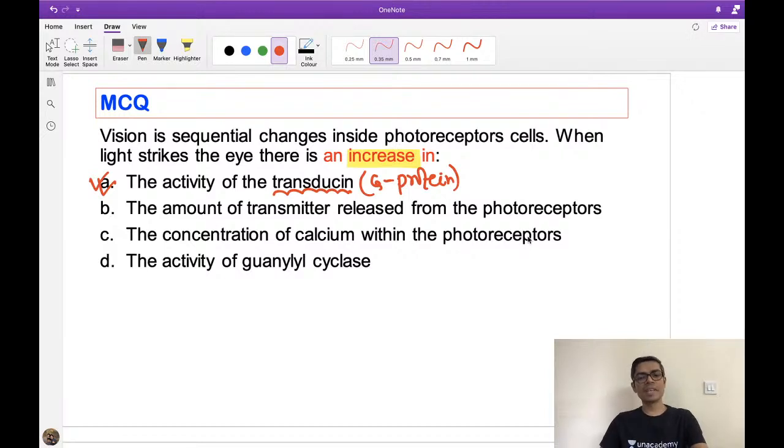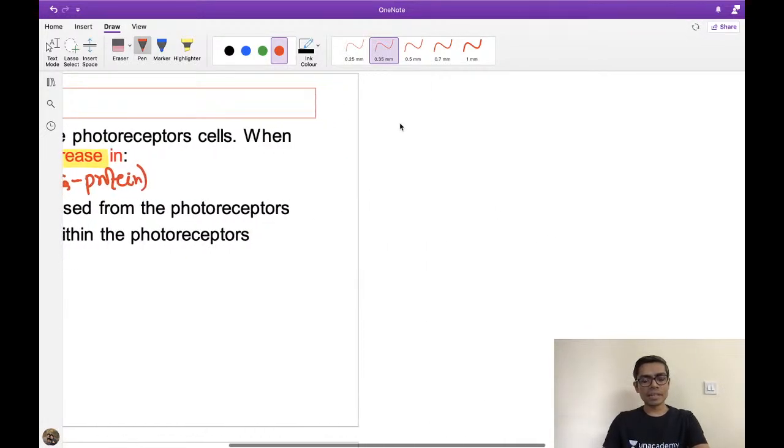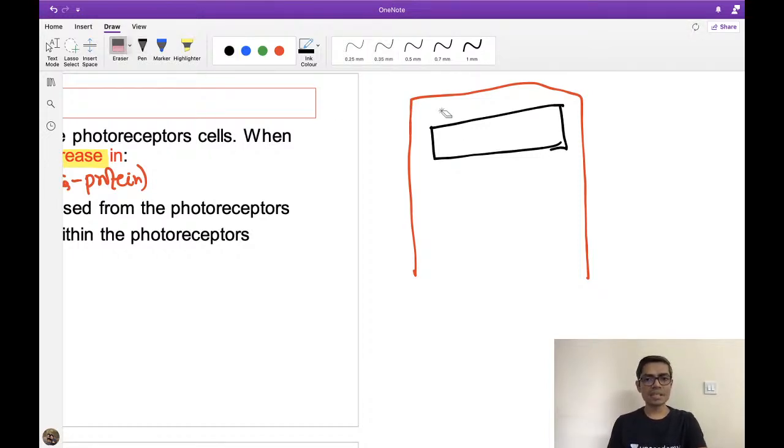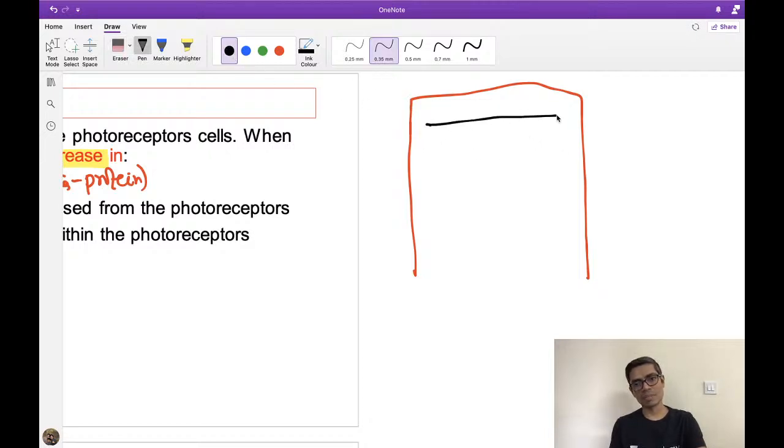Right. So if I draw a schematic diagram of this rod cell, a quick discussion of phototransduction. This is also an important topic. Suppose this is the rod cell. All of you know that the outer segment of the rod cell contains optic discs like this. These optic discs are basically located on the outer half of this rod cell. So this is my optic disc, fine.